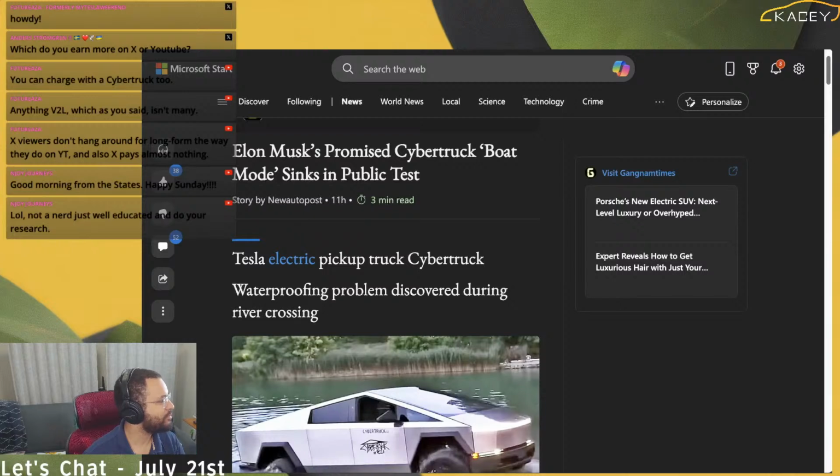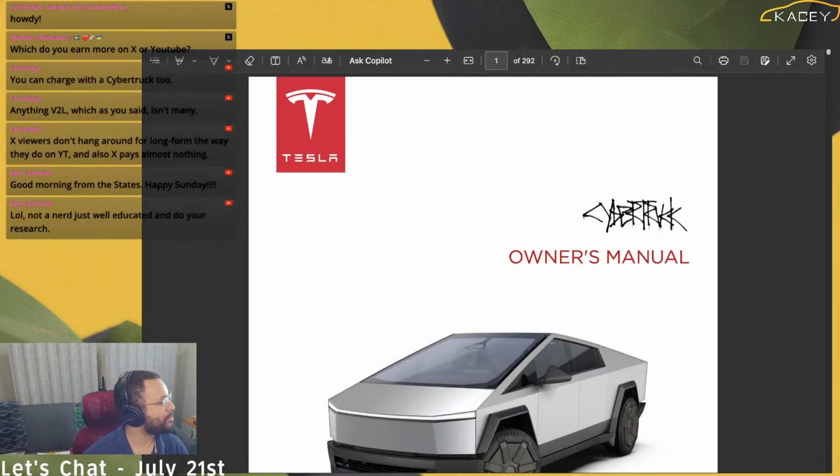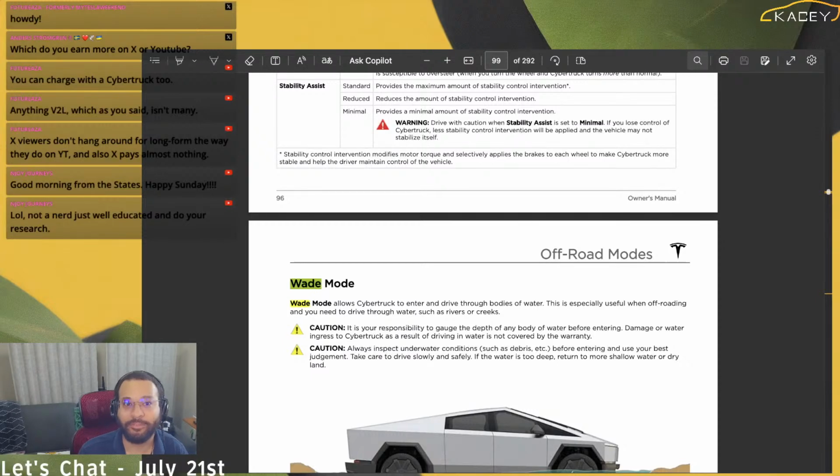Come on. Move tab to the other window. There you go. Let's put this back on YouTube. And now let's do a search in the manual for wade mode. There we go. Wade mode.